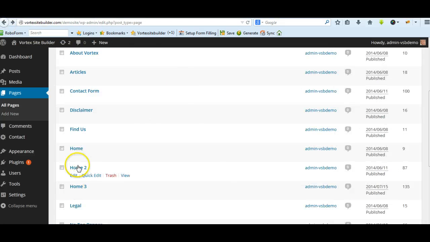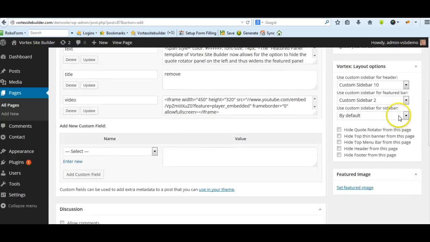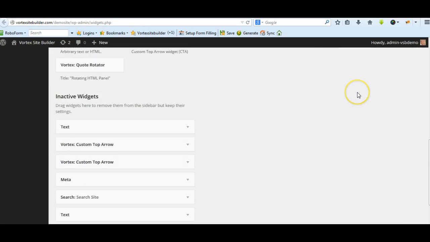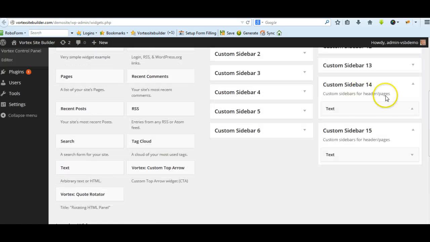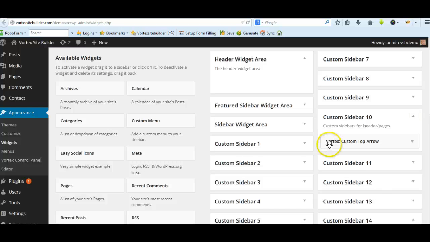So we go to home page 2 and click on the editor, and let's have a look at what we've got in the right hand side here. For the custom sidebar for the header, we're using custom sidebar number 10. So we go into widgets, and we'll just have a look at that. What did we do for custom sidebar 10? In custom sidebar 10, we're using the custom widget for the Vortex custom top arrow,